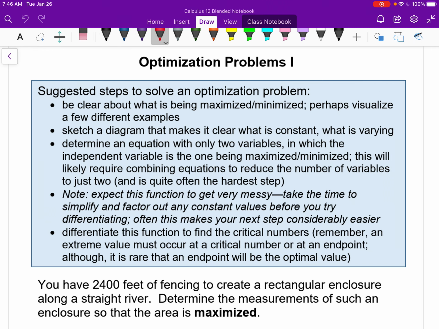So, with that said, I don't feel like reading through all these bullet points here, but as you can see, these are suggested steps to solve an optimization problem, and I'm going to go through three. And in general, I'll work through these steps. I will say